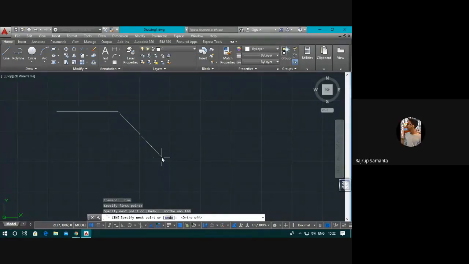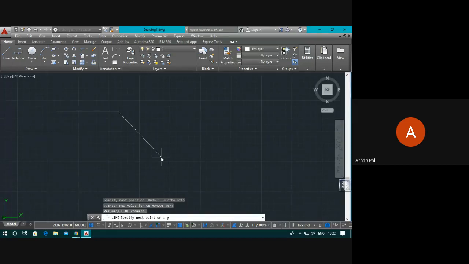First we give the distance, then greater than sign or less than sign, then the angle. First, you need to give the at the rate sign for the distance. Without the at the rate sign, it will not take anything. When you are giving some angle, you always need to place the at the rate sign.